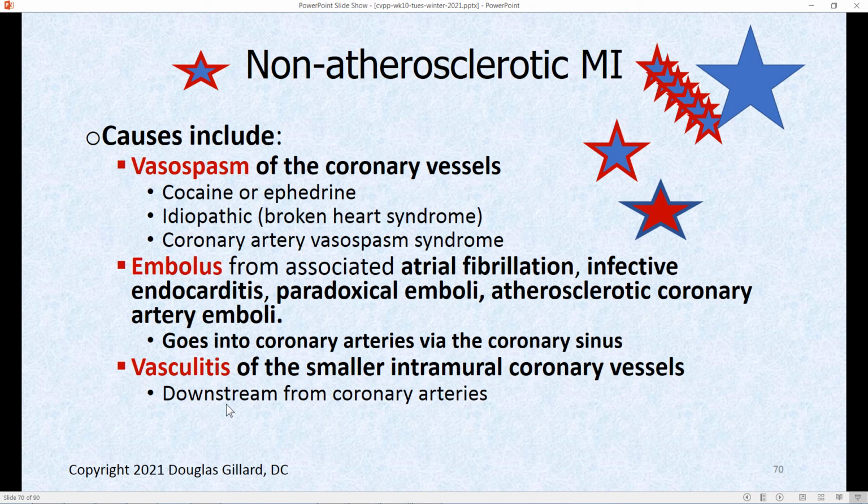What are the causes of this? It has to be non-atherosclerotic, but vasospasm. Coronary arteries have a good tunica media. If that goes into spasm, it can pinch off your coronary artery and you get downstream ischemia. Cocaine, ephedrine, too much of that can cause this. Idiopathic coronary artery vasospasm could be. It's like Raynaud's phenomenon of the heart. I think I cut those slides out because I just don't have enough time. But